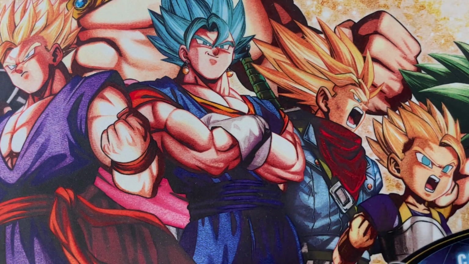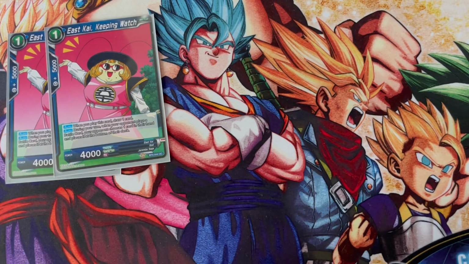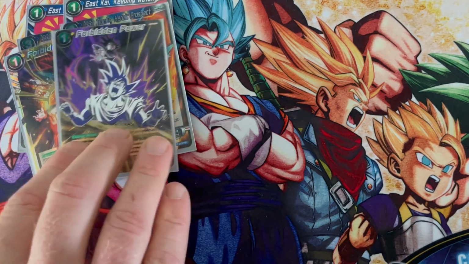Since this was my Nationals deck, I'll go through the sideboard as well, because I actually have one built. I didn't use half of it, so I won't talk too much about it, but we've got 2 Isekais, 2 Heroic Prospects, 2 Forbidden Powers,